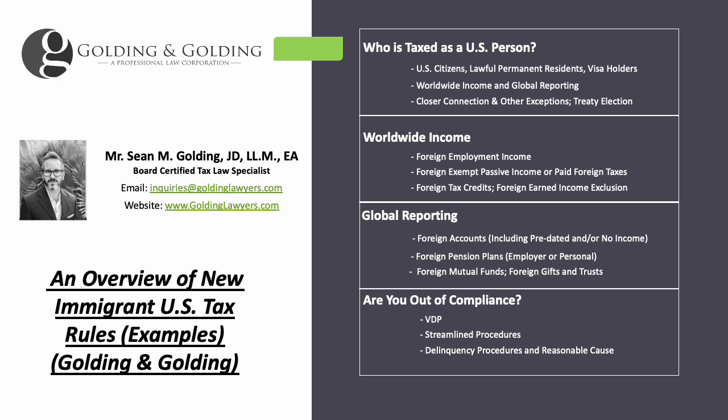In addition to having to report your worldwide income, you also have to report your global assets, foreign accounts, investments, pension plans, life insurance policies with a surrender value, mutual funds, securities, equities, etc., etc. You have to report the foreign accounts whether you opened them in the U.S. or it predates. So just because you had the accounts open before you came, even if they don't generate any income, they're still reported on your U.S. tax return and FBAR, excuse me.